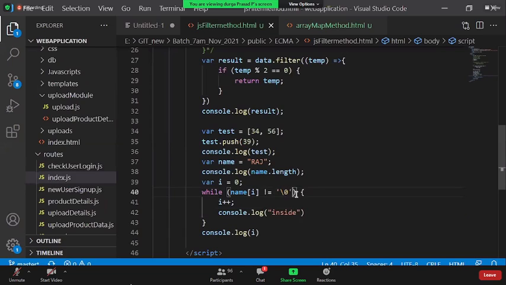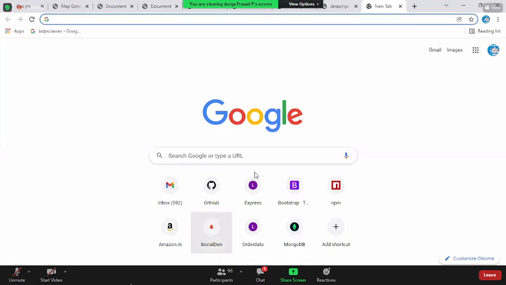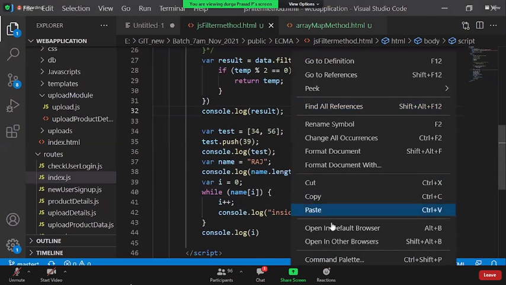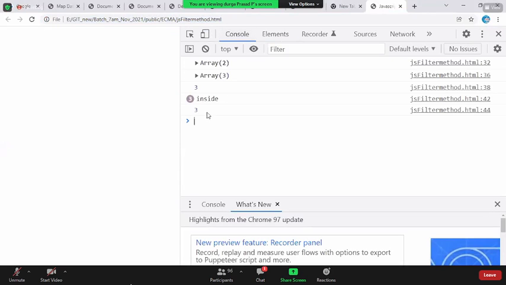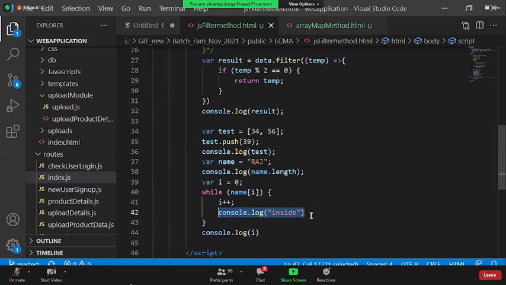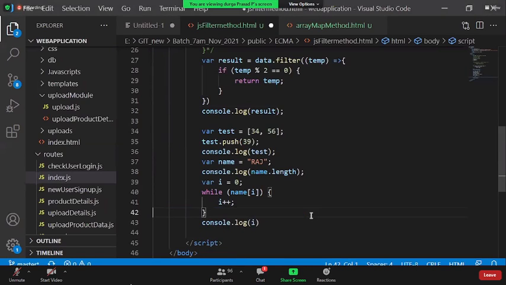Actually, instead of going with this null, can't I say while name of I? That will be more easy, right? Yeah, that is saying 3, right? Okay, this is how I find the length.